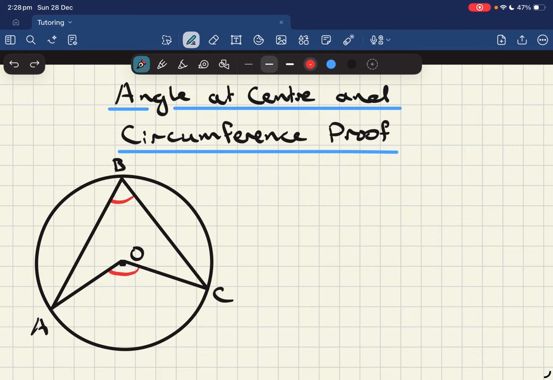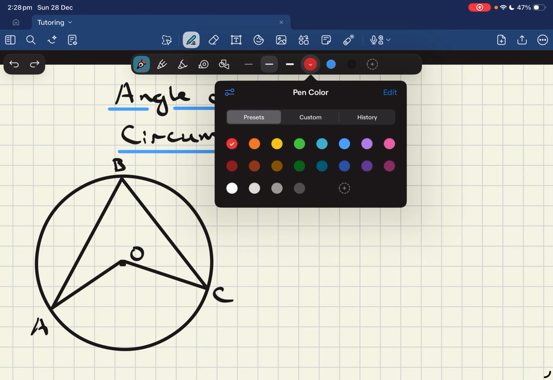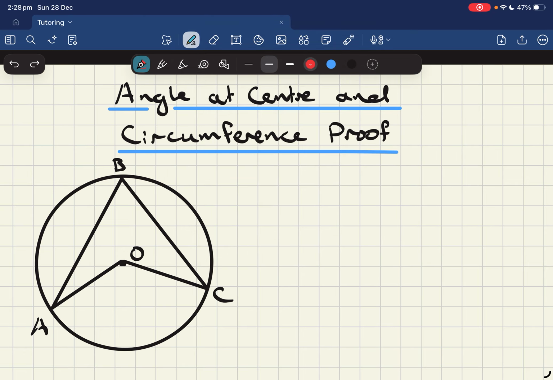Now, in order to prove this, we're going to do this proof for two different cases. The easier one is this first one. Now, what we're going to do with this particular proof is, like we've been doing so far, try to break this up and separate this to create some triangles. So I'm going to draw this dotted line in here, okay? So with this in mind,